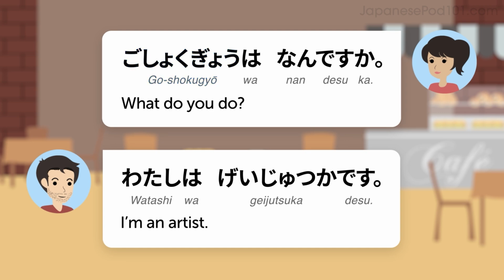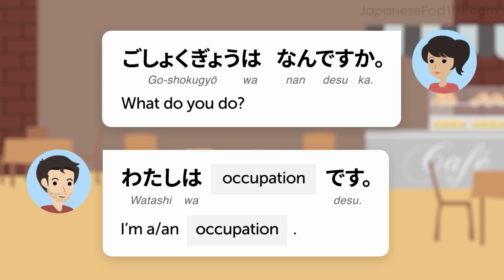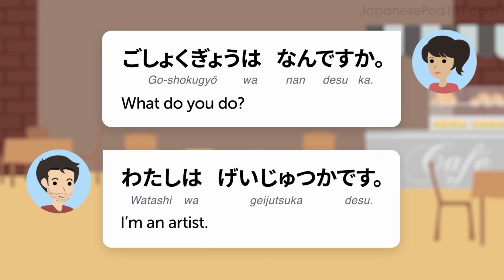Now, how do you answer this question? This is the pattern you'll need. 私は Your occupation です。 This Japanese sentence literally translates into, I occupation am, but it means, I'm an occupation in English. For example, I'm an artist. 私は芸術家です。